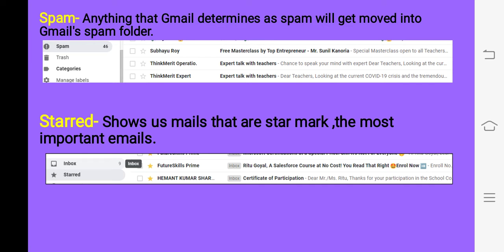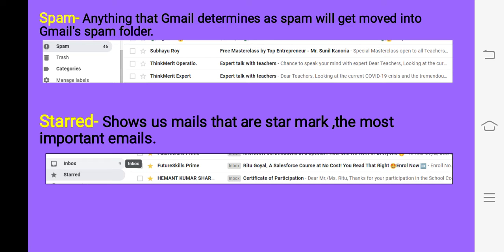If it finds out that there are some tricky intentions of the person, that type of mail Gmail automatically keeps in spam. And if we like, we can also select and right click the mail and choose spam, so that mail goes from our inbox to the spam.